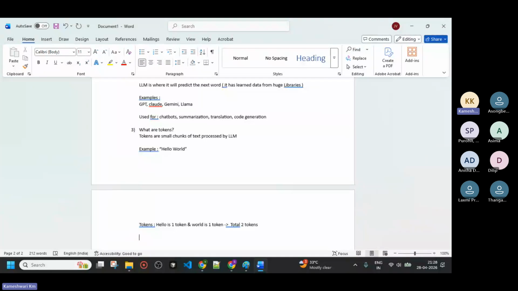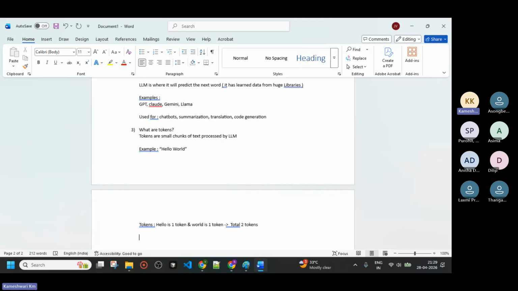Next, it depends upon the tokens only that we mention the cost and speed. When we have a large set of data, as we have seen in RAG and LLMs, when designing the RAG itself we mostly control the token size. Why are we controlling token size? When we want to get the answer within 3 to 4 lines, it is the best way to understand, and it is easy to give the response within 5 or 10 seconds as per the SLAs of customers, because they don't want to wait.